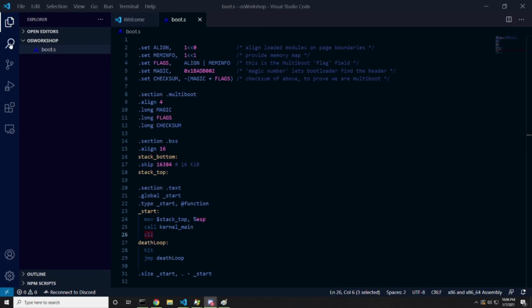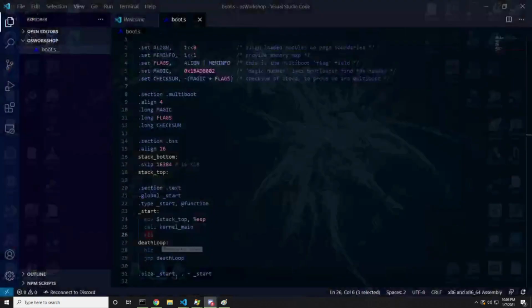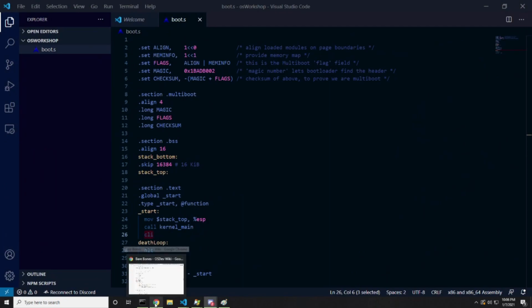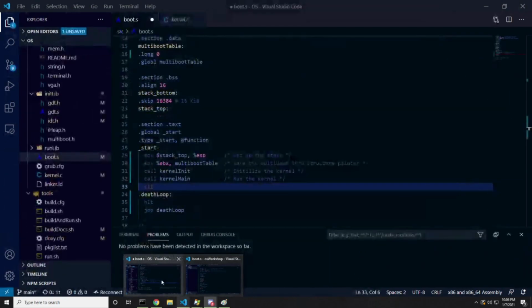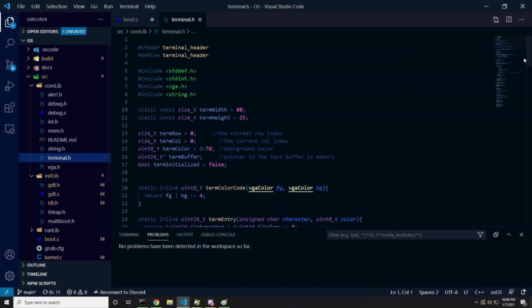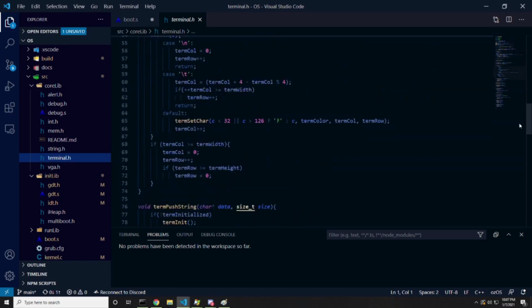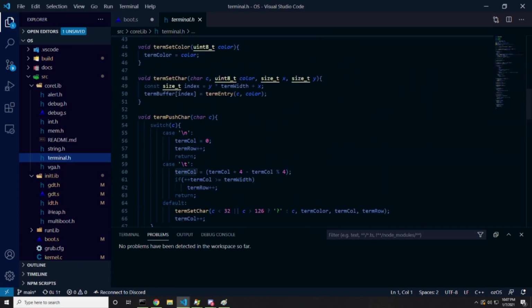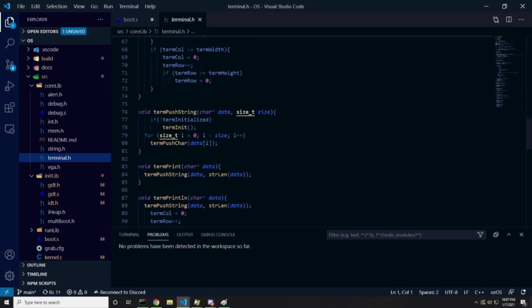I'm going to switch over to a very small utility I wrote in my old operating system. Boot.s, which one is it? The real one. This alert utility I made very early on in my operating system. All this does is get around the hassle of having to use a terminal. While I have written a big terminal program that handles new lines and tabs and can push strings to the terminal so they appear on new lines,